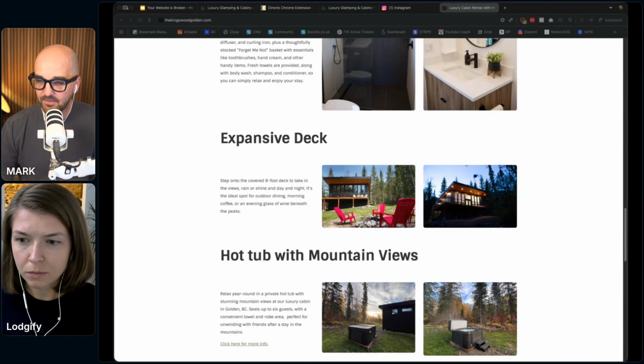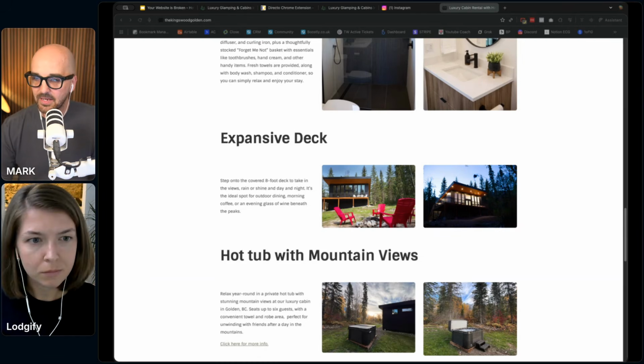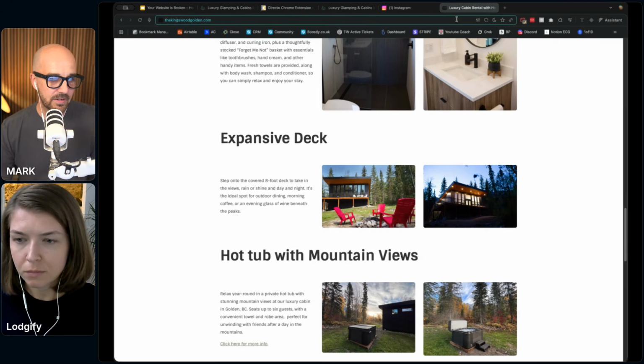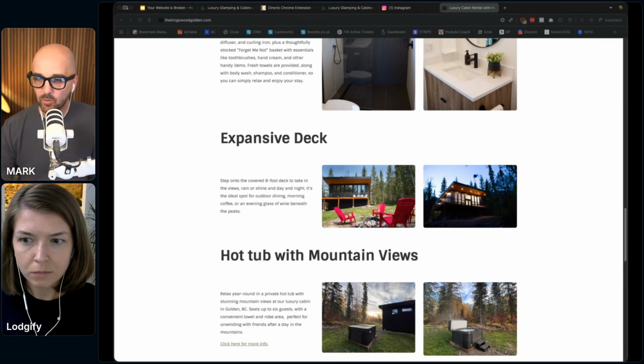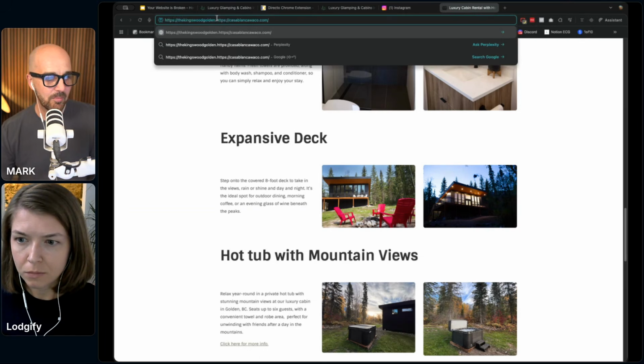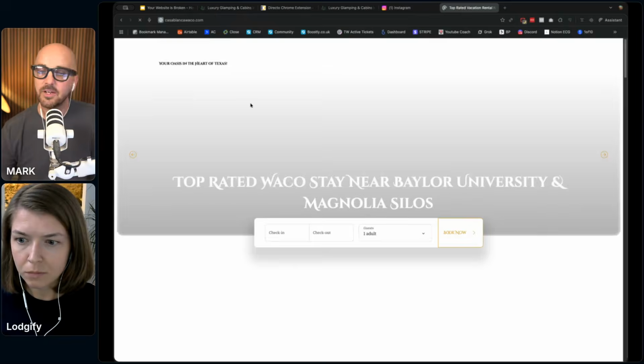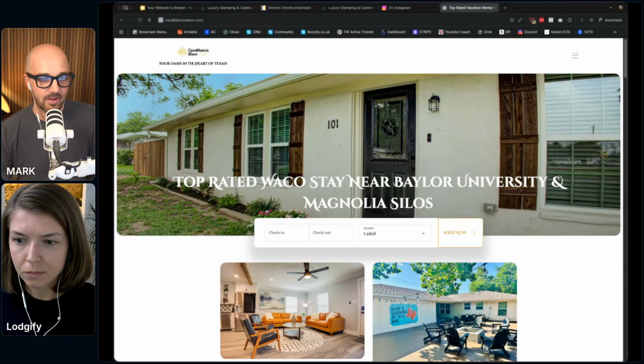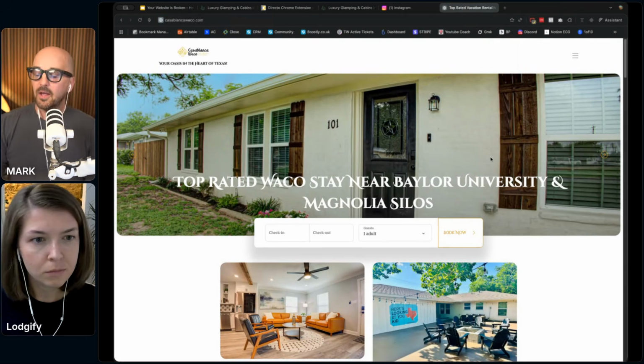Here's a 5-star rating from a happy Boostly customer and Lodgify customer. That is amazing, thank you very much. All right, I think we've got another site that has been added in. So let me bring this in. Again, whoever's site that first one was, apologies, I didn't make a note of the name. I should have done. That's on me. But thank you very much. It's not easy putting your name forward and getting audited. So well done for that.